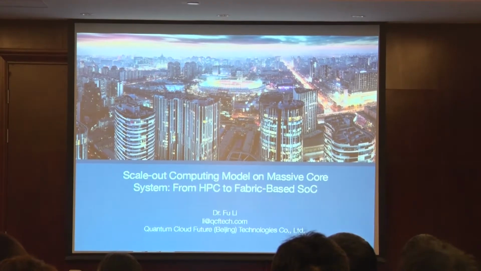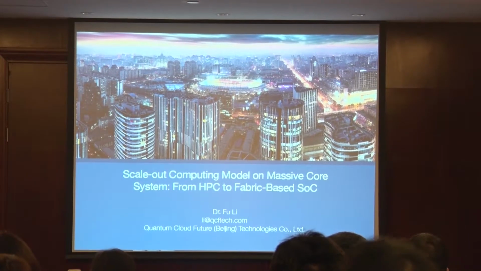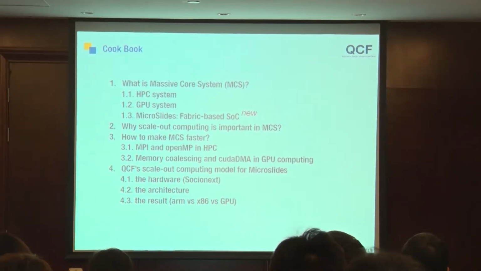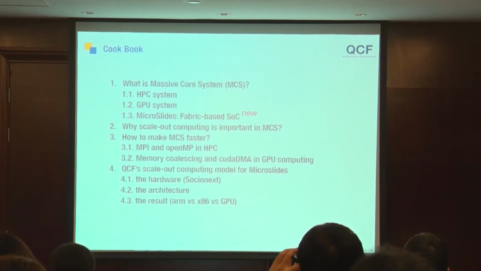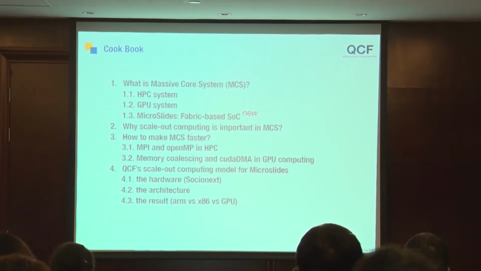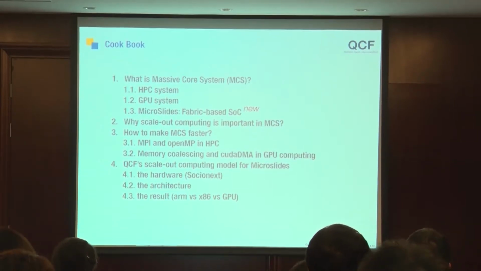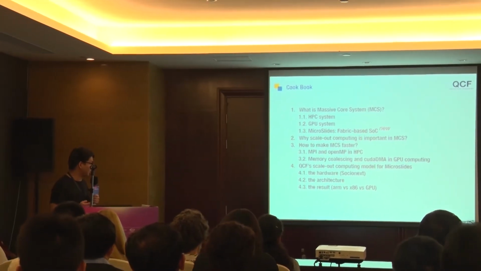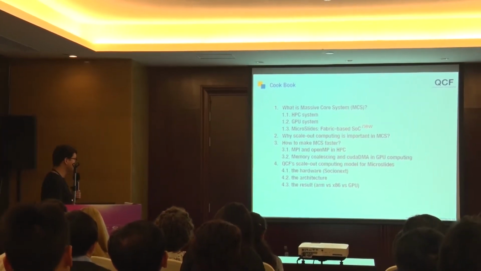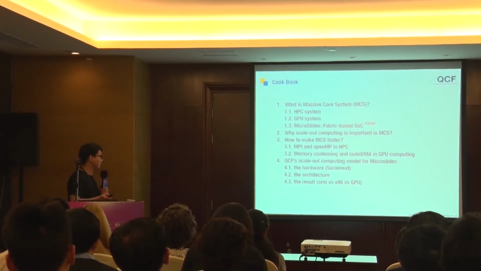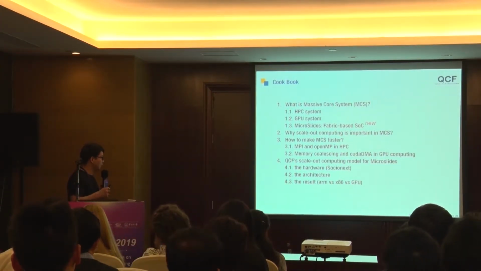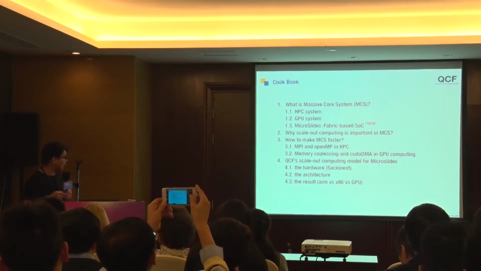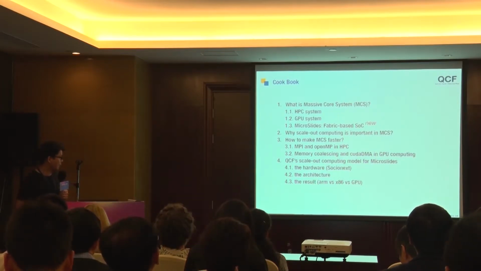with Socionext. My company is called Quantum Cloud Future Technology. Today, my talk will review some of the knowledge. The first is HPC, the second is the GPU system, and the third is the microslice system, what we call the fabric-based SoC. Then we will discuss why the scale-out computing model is very important in the MCS. We will also talk about MPI and OpenMP in HPC, memory coalescing and CUDA DMA in GPU computing, and also give some review about our architecture and our work with Socionext,